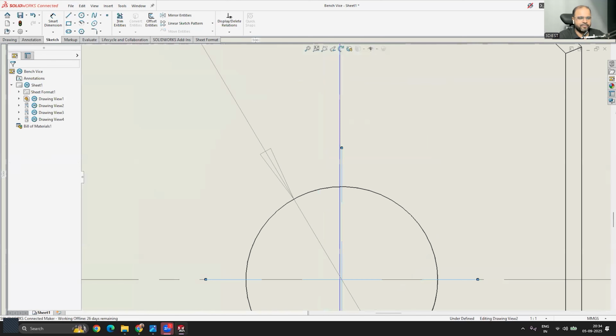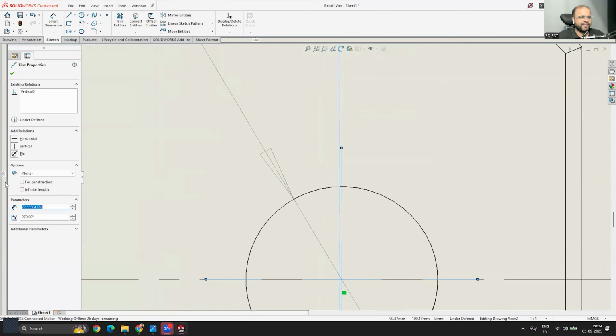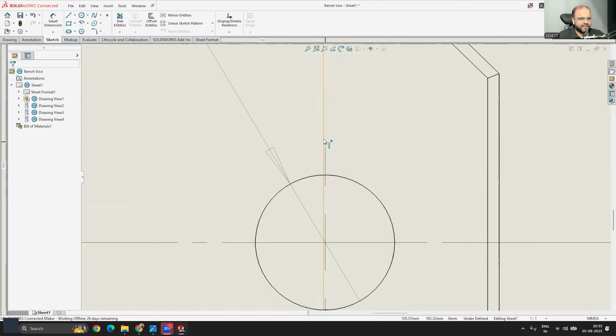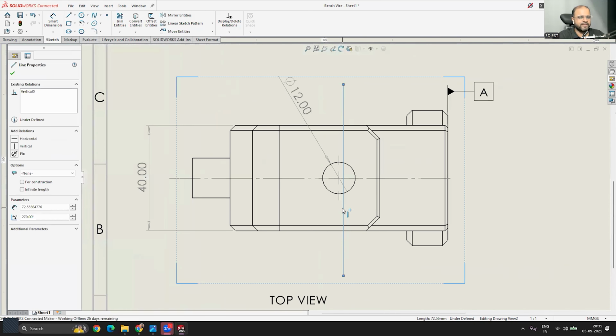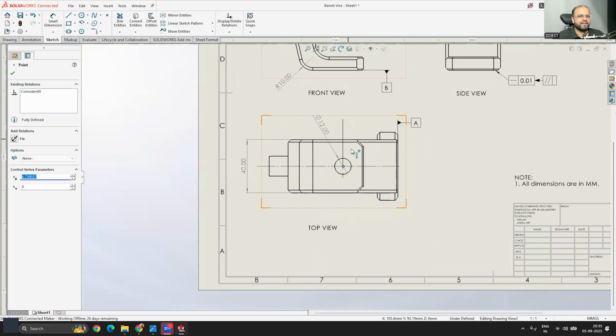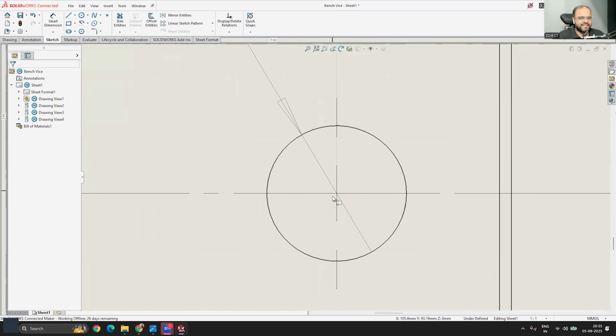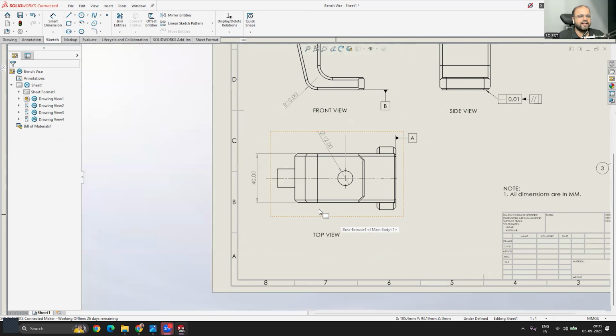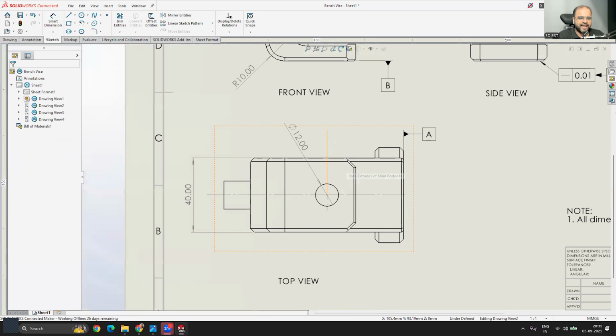So I can select the end point of this line and then this line, and I just want this line to be touching this point, so I can simply drag it and place it right over here. There you can see what I did: I created a line passing through the center of this circle. Now on this line, if I want to create a section view,